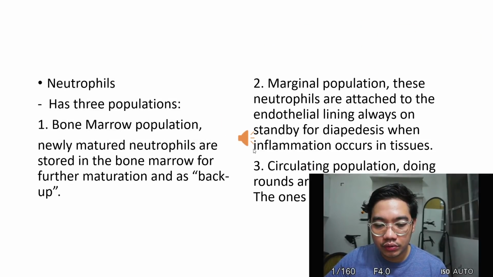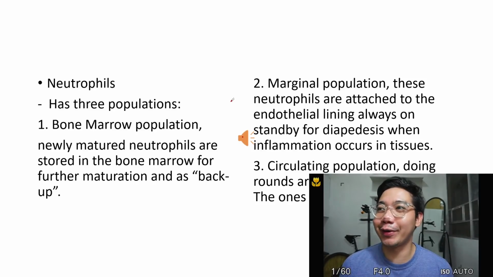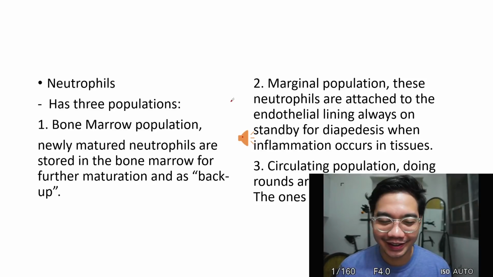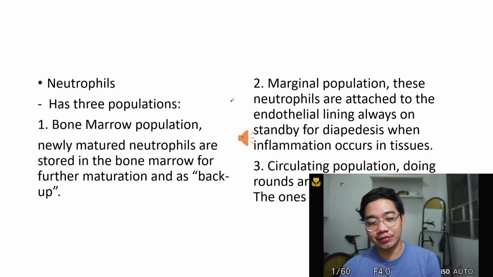So basta remember guys that the primary granule has your myeloperoxidase. That's the important one. It has 3 populations, but in my bone marrow lecture, it has 4. No, that's why I use